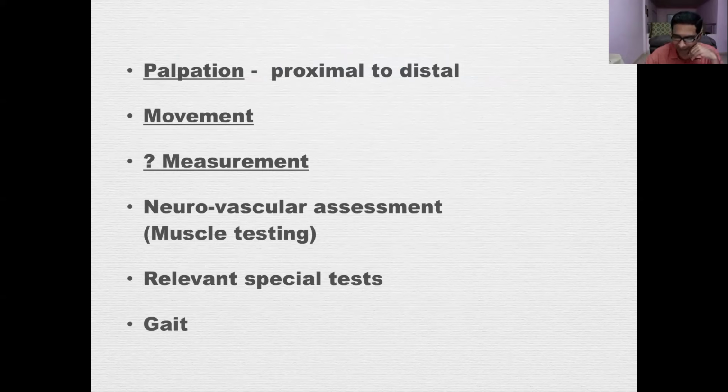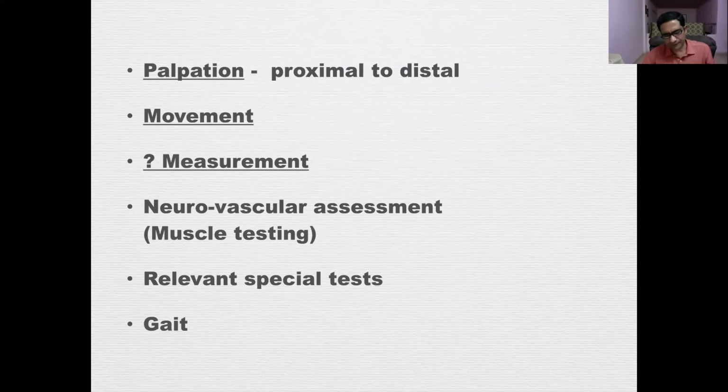Now, the palpation also again can be proximal to distal. You can palpate from the malleolus, ankle joint, talus, work your way distally, hindfoot, midfoot, the toes. Again, just a pattern to make sure that you do it in an order and don't miss. Movements of the joints, the typical joints that you really examine are the ankle and the subtalar. You can also examine the metatarsophalangeal joint, which may show stiffness or hypermobility, or the interphalangeal joints.